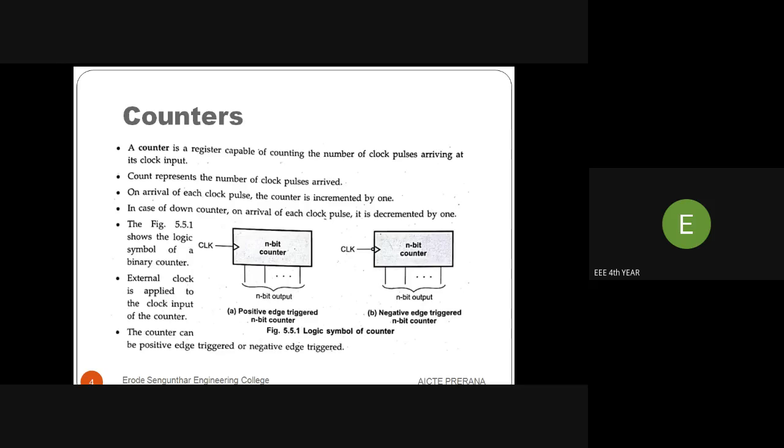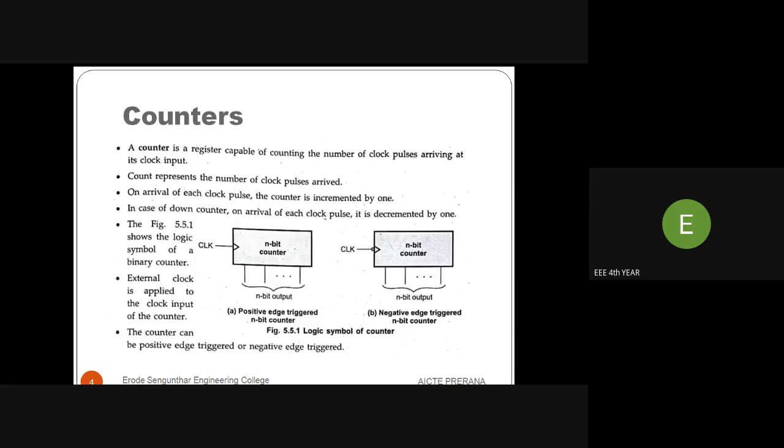A register is recordable, and it counts how many numbers: 1, 2, 3, 4, 5, 6. So 20 in the batch means 20. After counting the number 20, the next coming persons are allowed into the next batch, like that. A counter is a register; it has the capability to count the numbers. In digital logic circuits, counters are capable of counting the number of clock pulses arriving at the clock